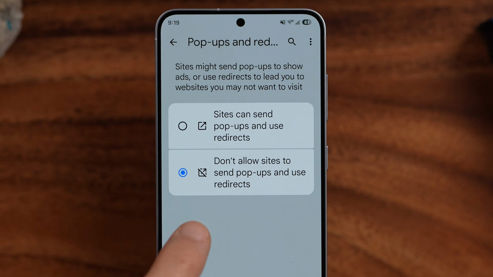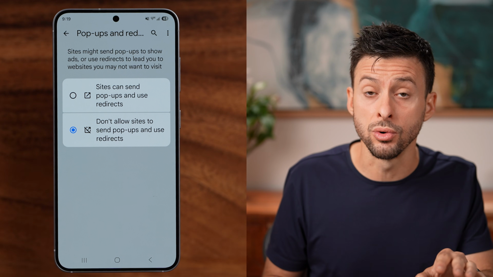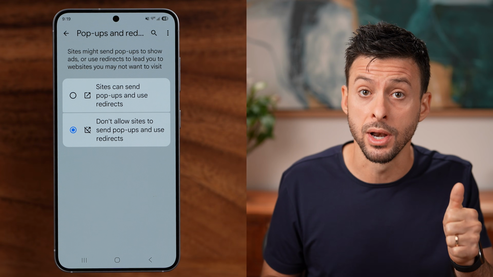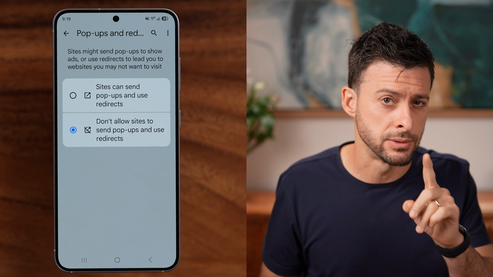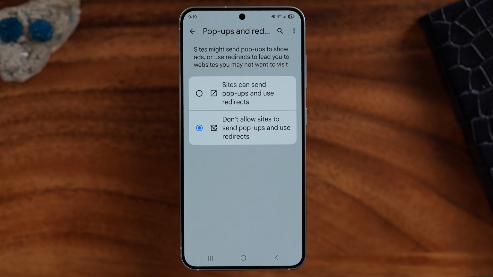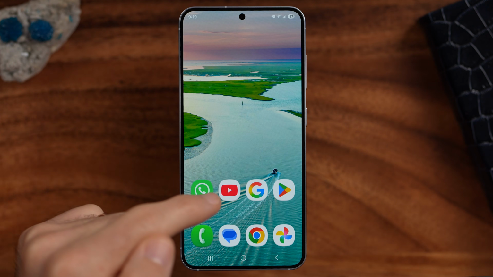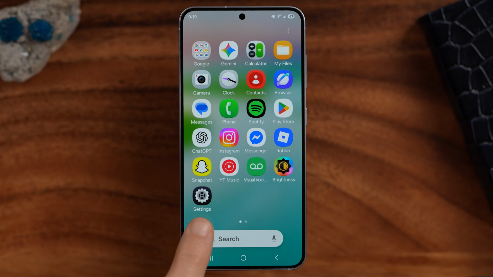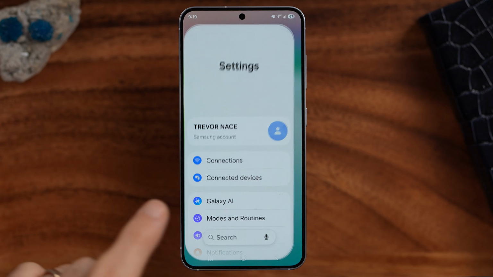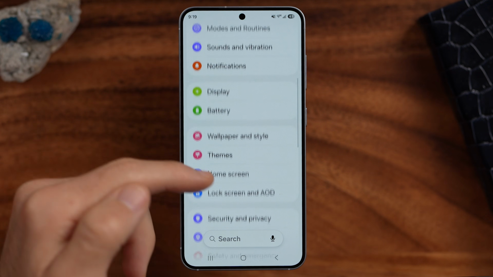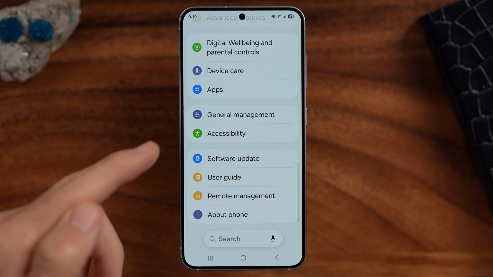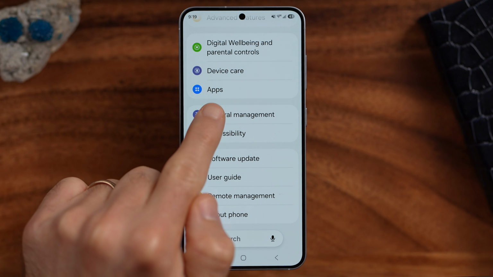However, this is just for Google Chrome. You might have pop-ups on apps or various other places. Let's take care of those too. So let's hop out of here and swipe up. Find the Settings app on your phone. And from here, the first thing we're going to do is scroll down to the bottom and tap on Apps